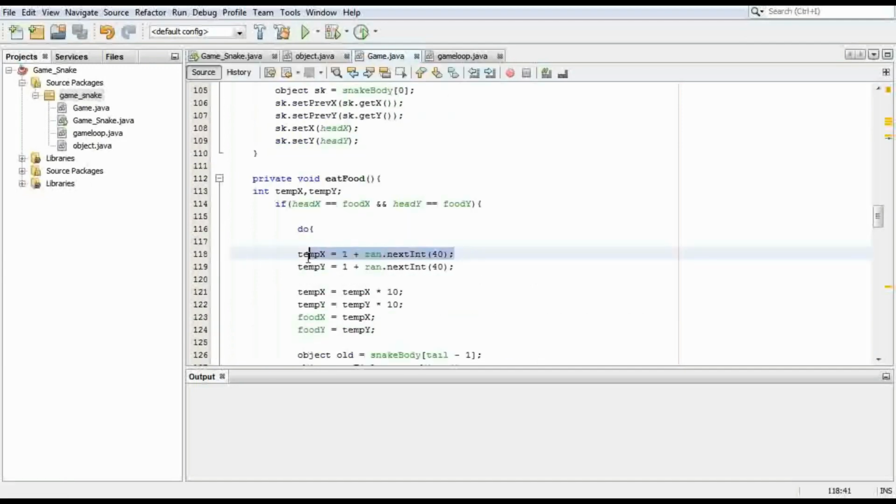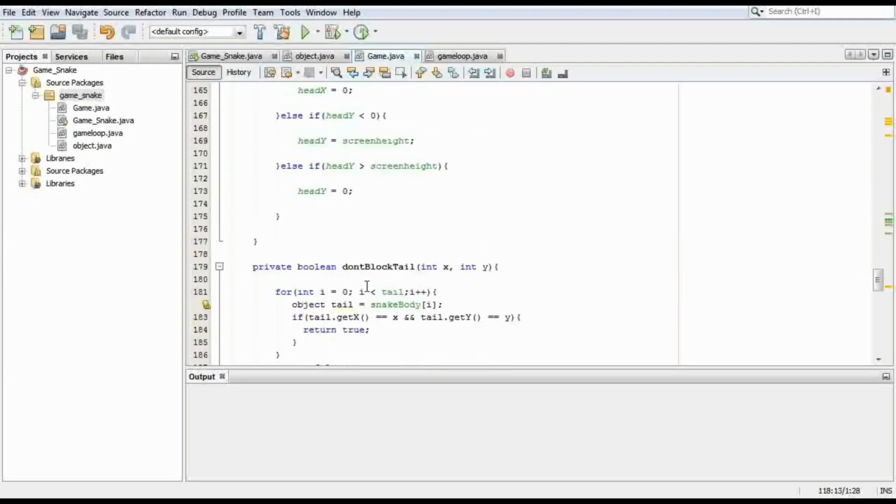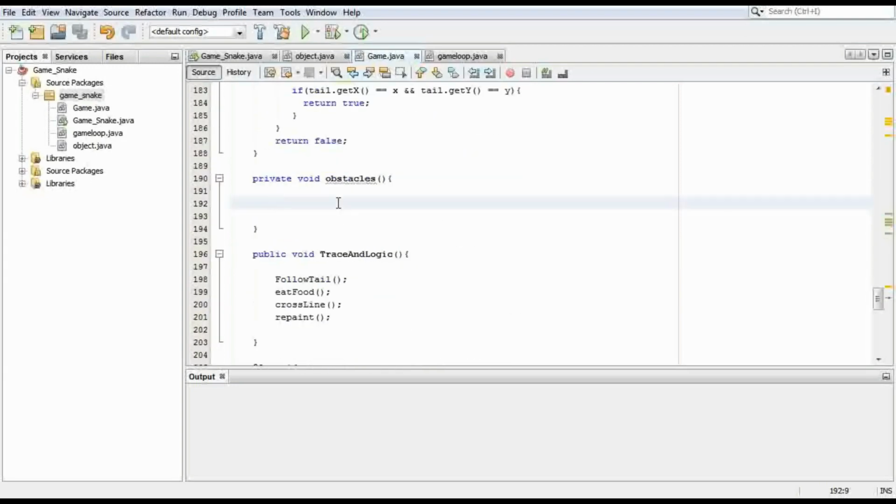Let's borrow this from Eat Food. Like I said, we're going to be using this random object. So let's create X and